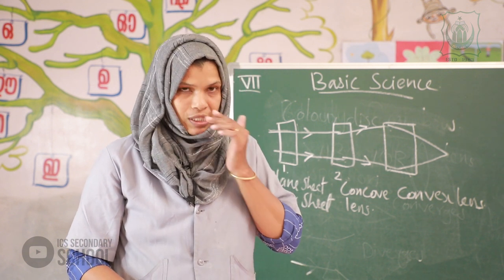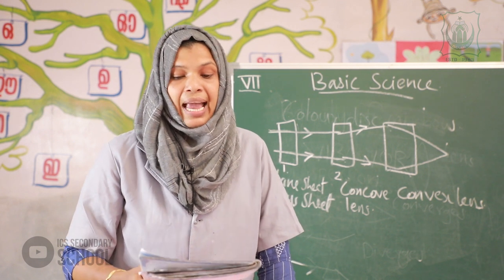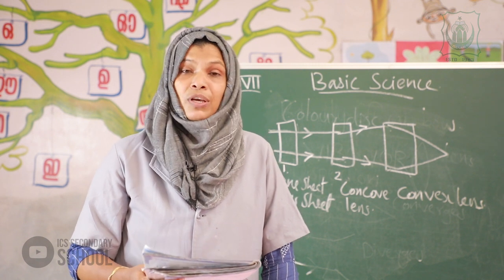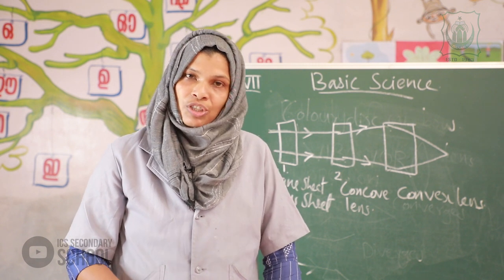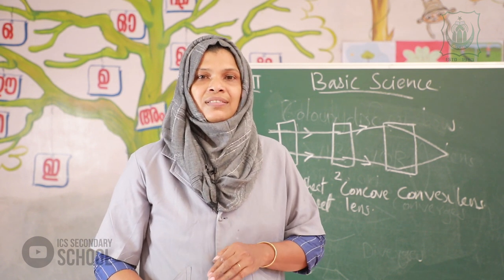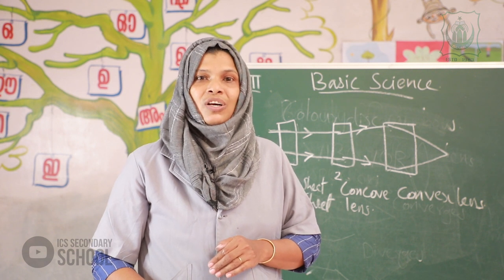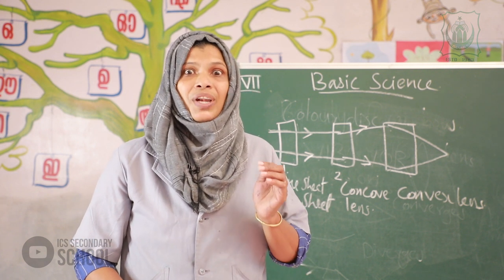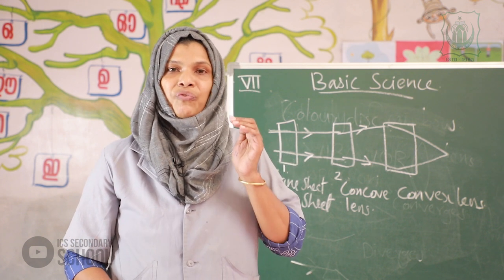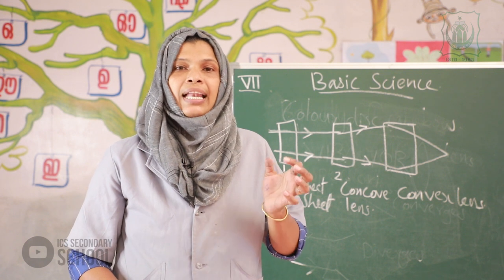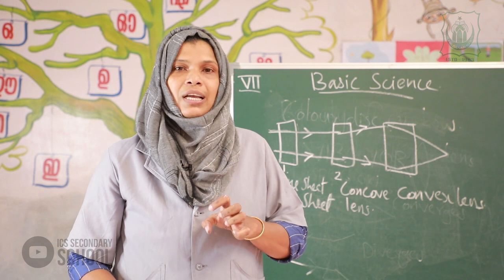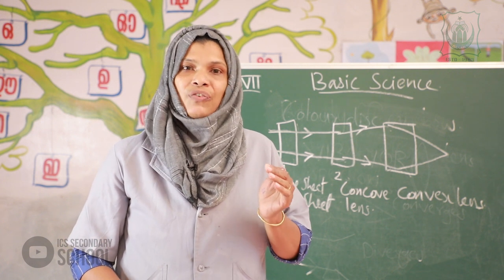Next, the fourth question is an application question. Is the actual position of a fish in water the same as the position at which it appears to us? No. What is the reason? That is due to refraction. What is meant by refraction? When light rays pass from one medium to another medium, their path undergoes deviation.